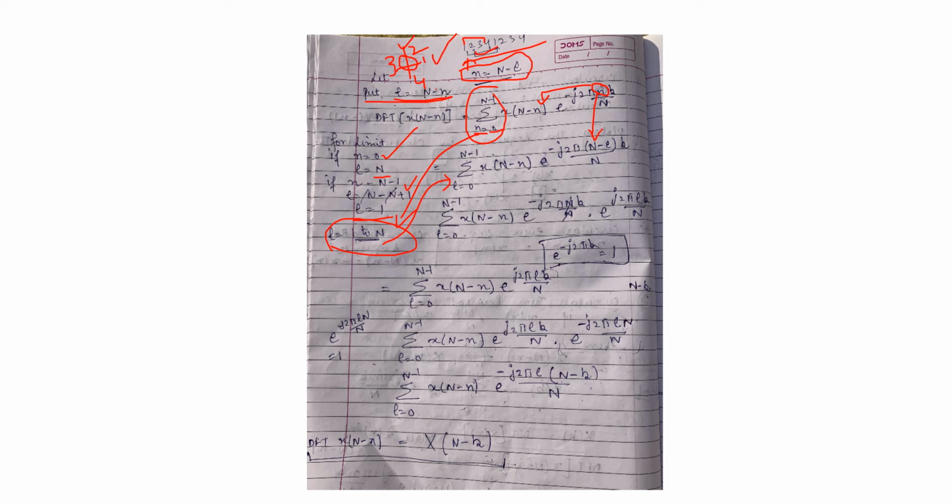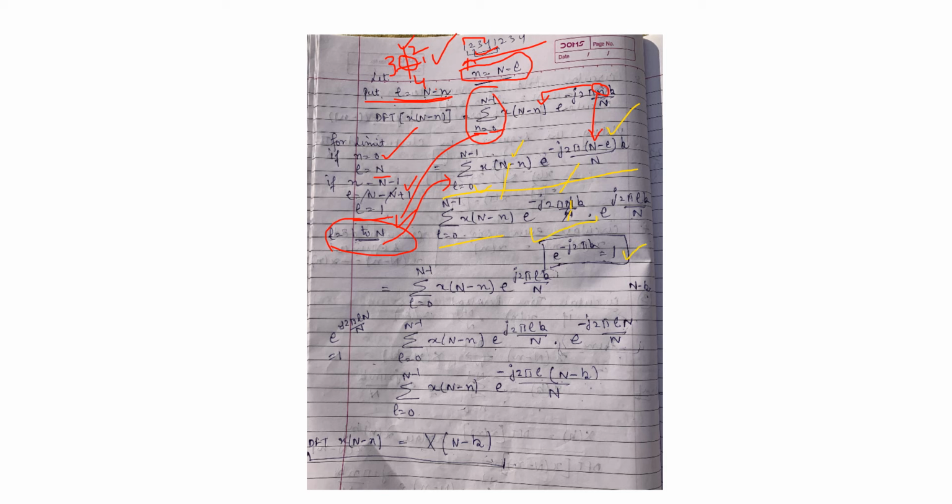So this is the final equation after changing x of n, after changing this limit, and after putting n in terms of capital N minus L. So from this equation, we write L is equal to 0 to N minus 1, x of L e raised to power minus j 2 pi, open this bracket, N minus L k, which gives e raised to power minus j 2 pi N k upon N times e raised to power plus j 2 pi L k upon N. Here N is cancelled with this N, so we are left with e raised to power minus j 2 pi k, and this is always equal to 1.